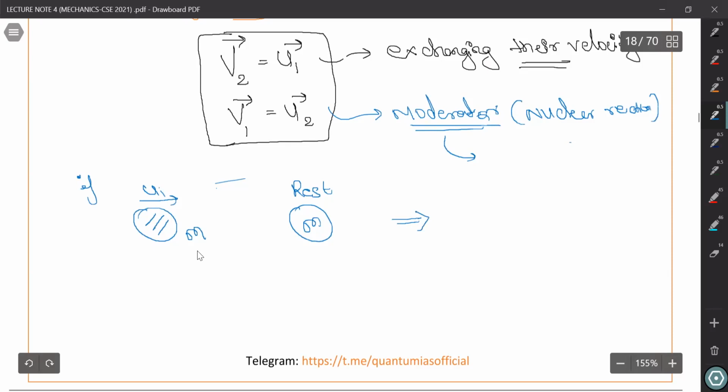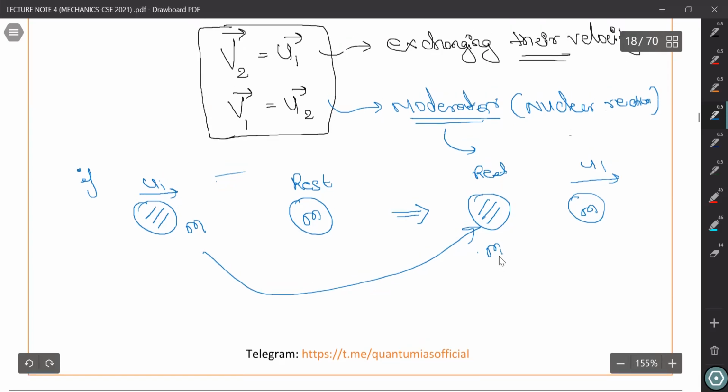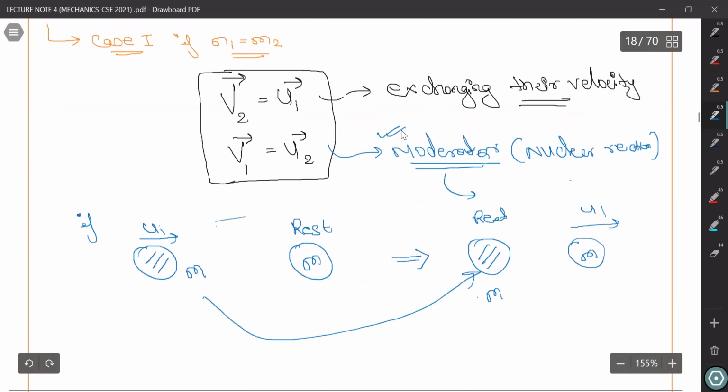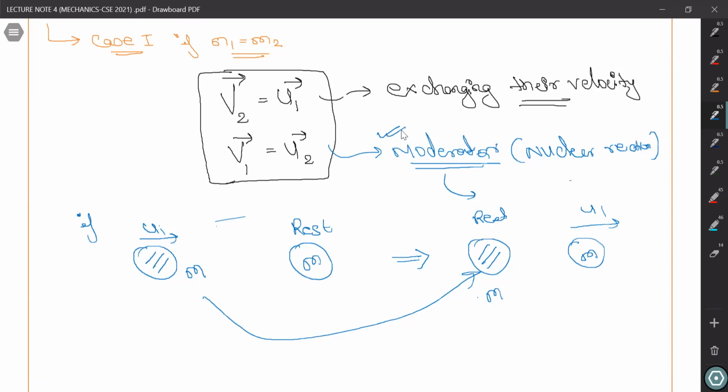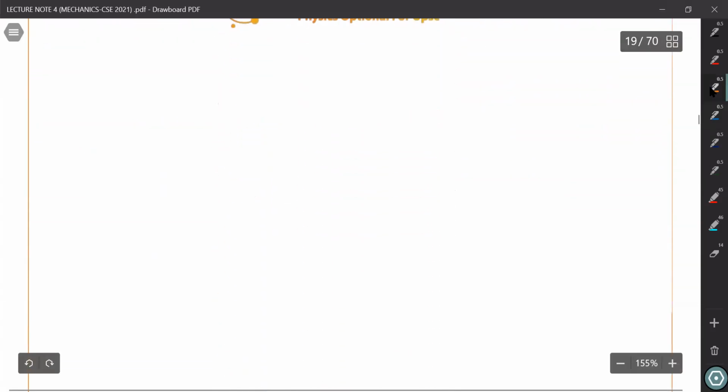What happened? This mass, after colliding with this much velocity, will come to rest, and the other will go out, right? So this is the best application you can see for this equation. Okay, now let us understand more cases. If you write that moderators in nuclear reaction are chosen on this principle, you will fetch additional marks. Also, UPSC has asked numericals on this, so be careful.